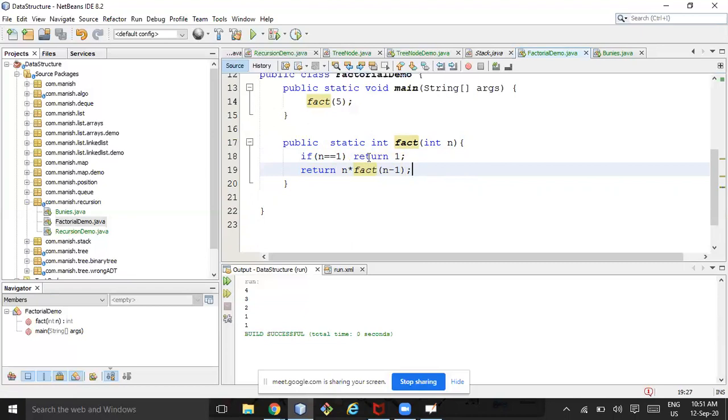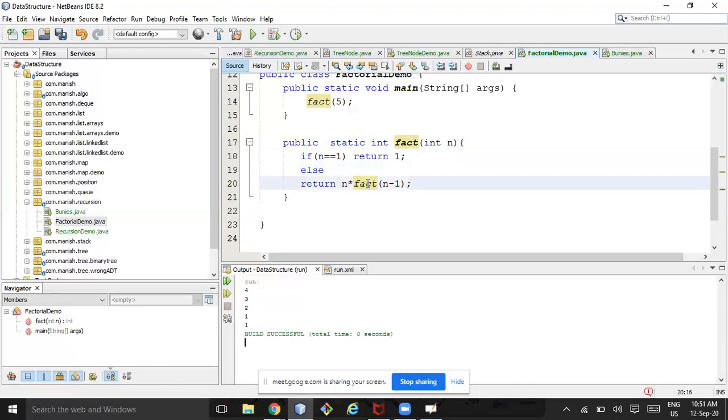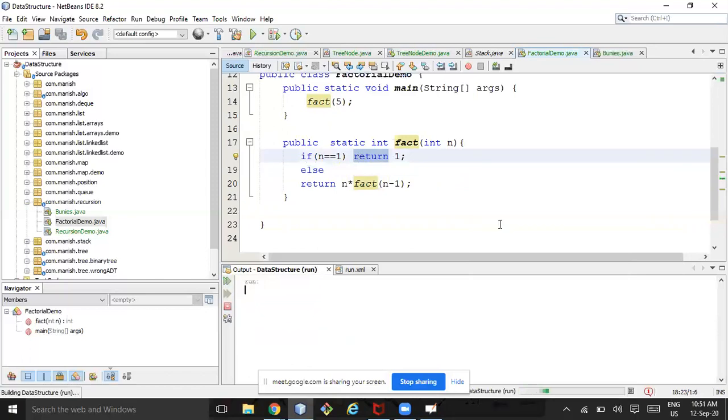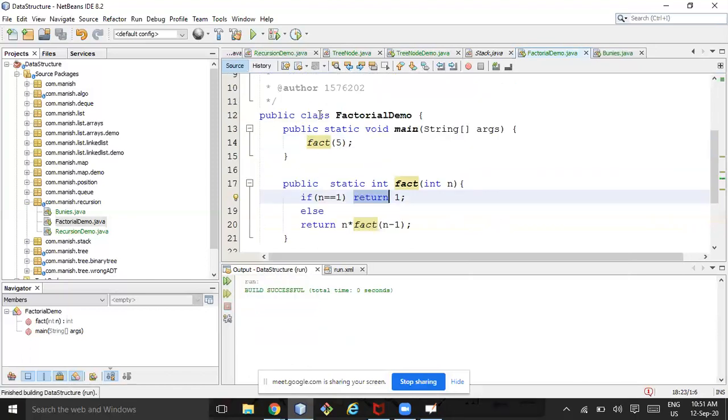Some other people can write this thing only as this, else return n into factorial n minus 1. Both will be giving the same thing, right? Here I write system.out.println.